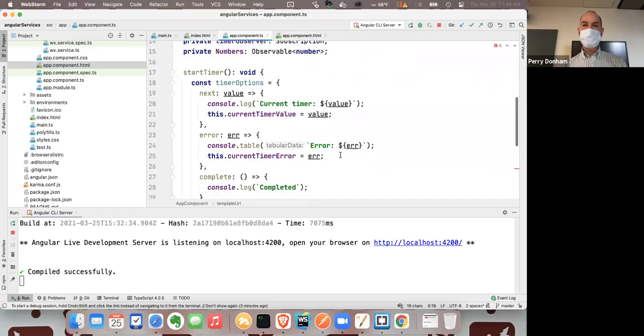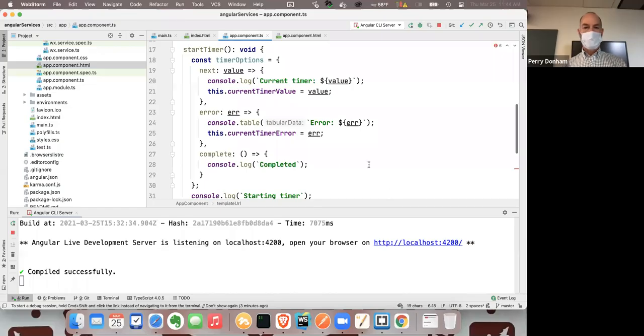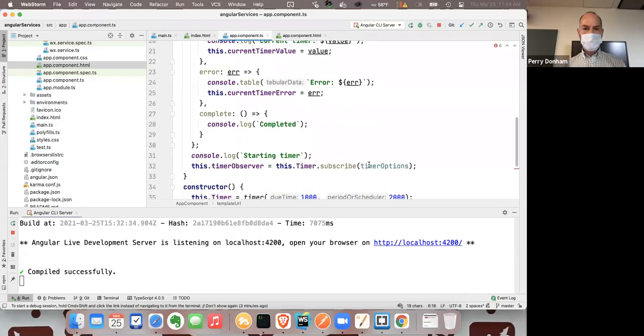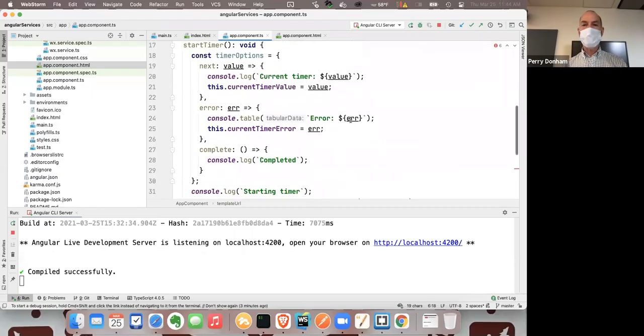Here it is. Here's my start timer. So that came from this button click, run start timer. There it is. And what does it do? Timer value. Timer, oh, this one's a subscription. So what's happening here is,